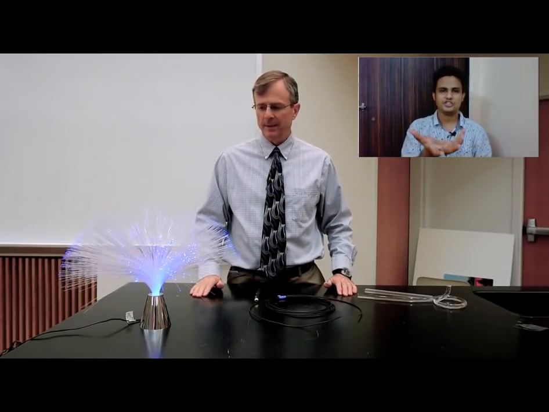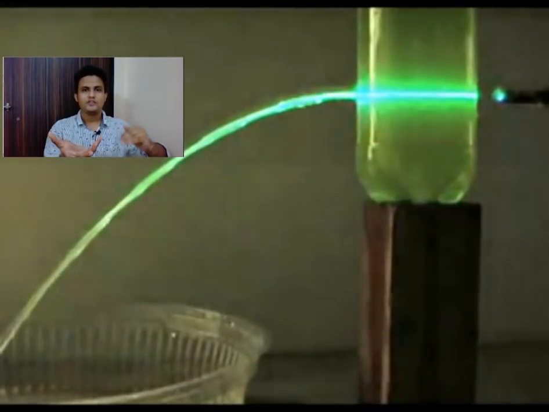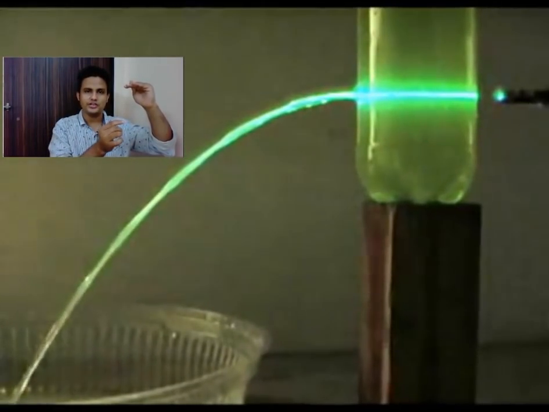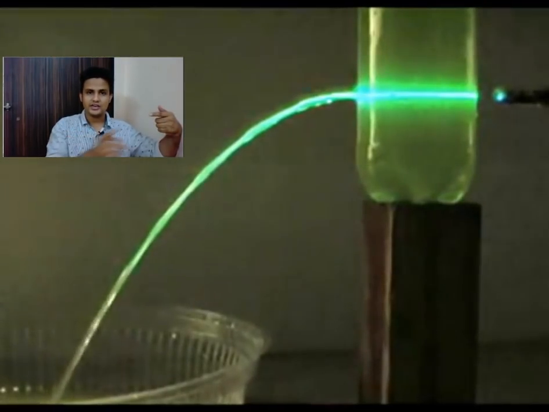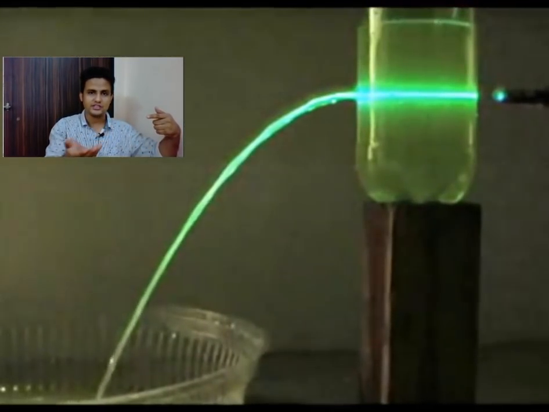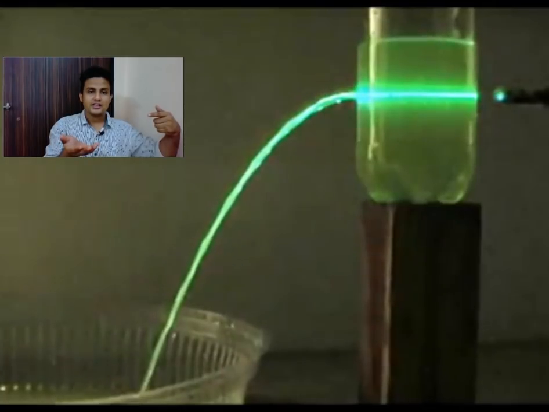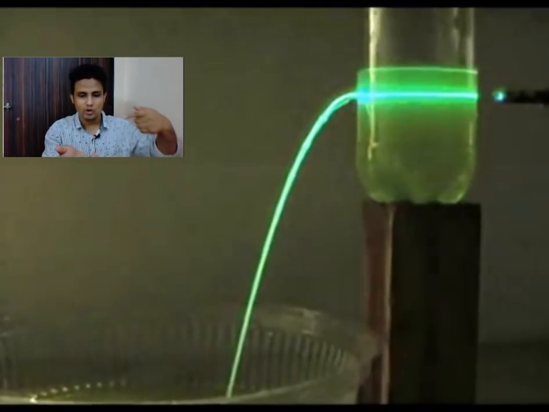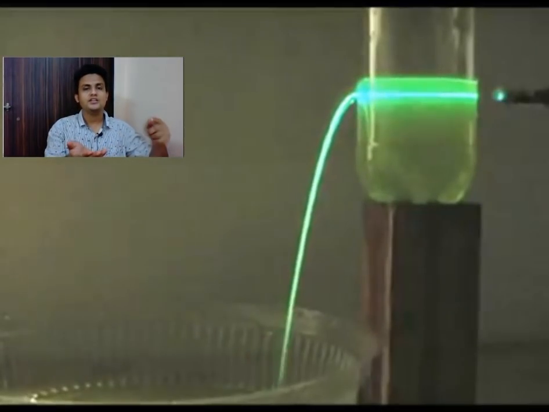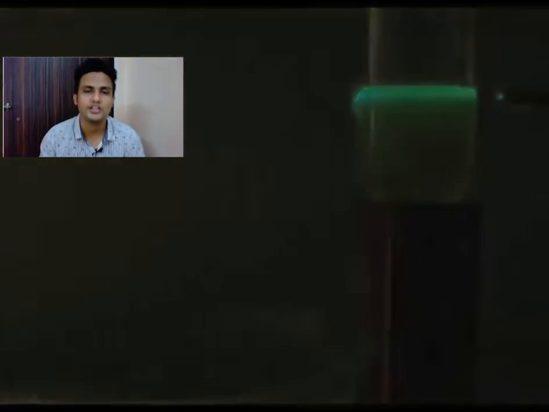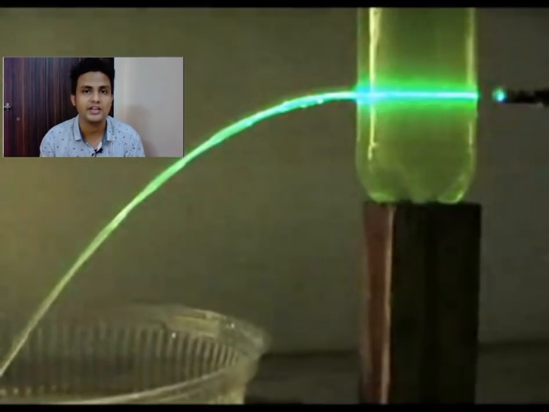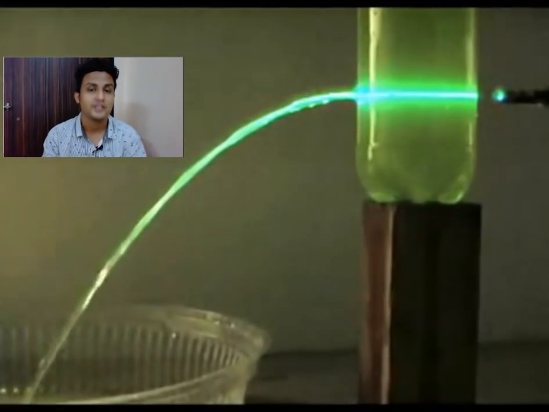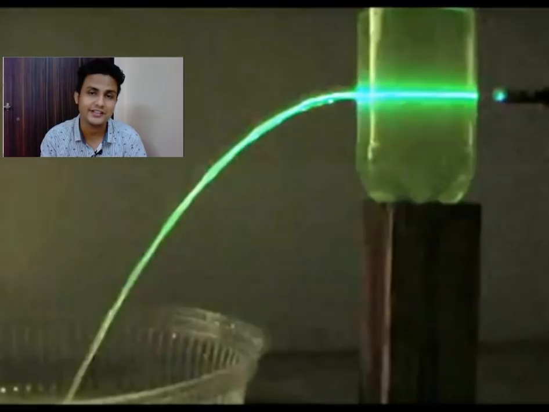Now this experiment can be done at your home. See, take a dish, take a water bottle, fill it with water and punch a hole in it. Now from the other end, point a laser, which you are seeing in the video. The laser light gets trapped inside the water and the water falls in the beaker continuously. Due to total internal reflection, you will see the light is also bending along with the stream of water. This is again a very beautiful example.